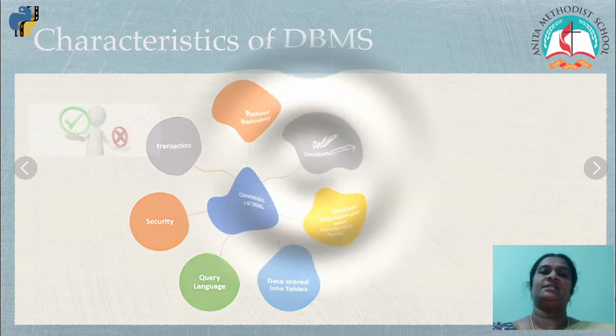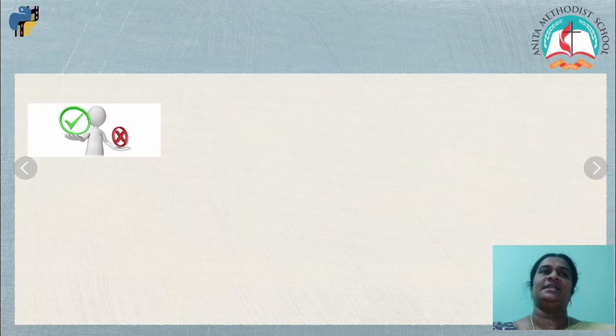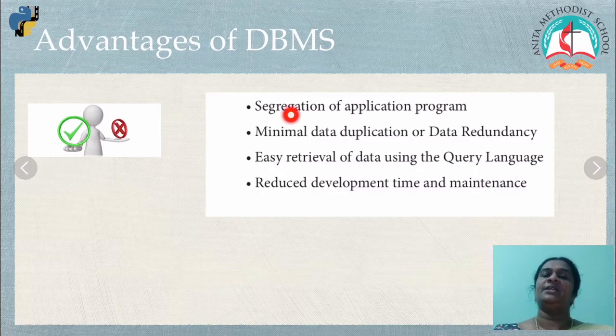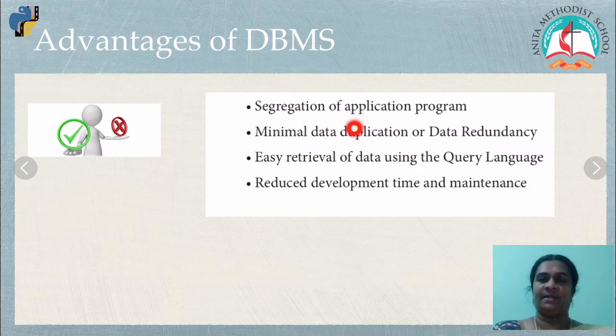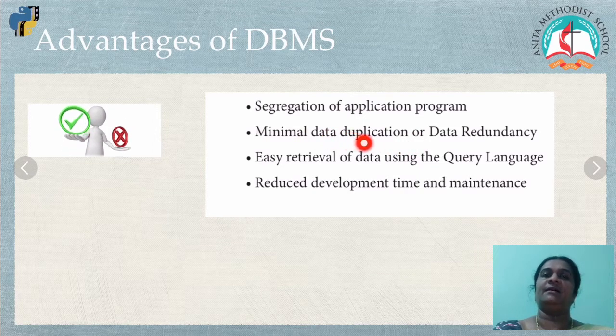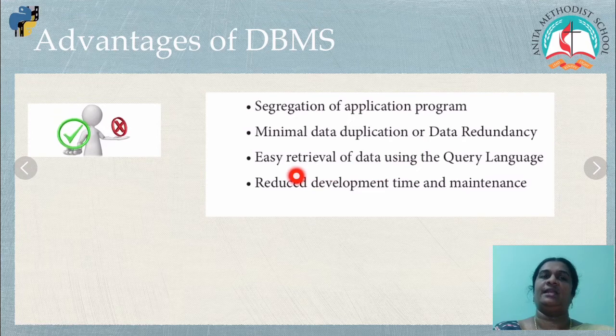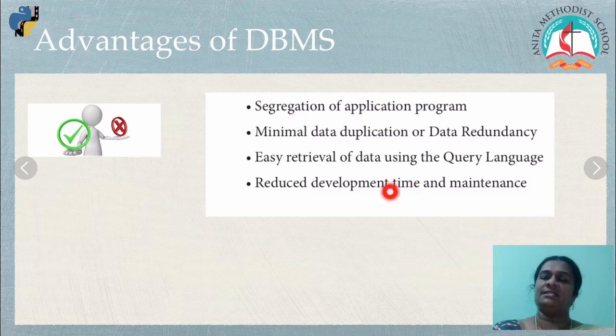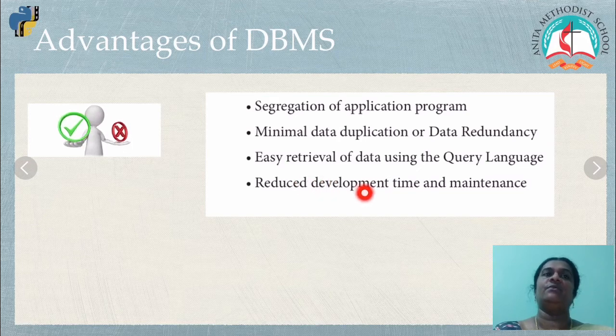So what's the next one we are going to see here? Yeah, as the picture says, we are going to see the advantages of DBMS. So what are the advantages of DBMS? Segregation of application programs. So we are filtering the application programs separately. Minimum data duplication. So that is minimum data redundancy or faults. Easy retrieval of data. You can get the data in a very easy manner. Using what? Yeah, query language. Reduced development time and maintenance. So you have less development time and maintenance is also at a reduced level. These are a few advantages of